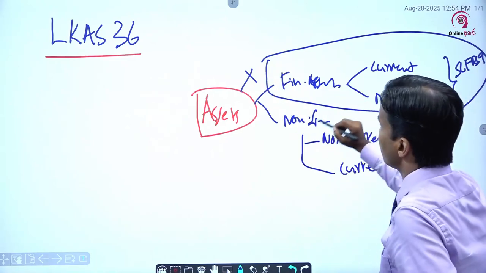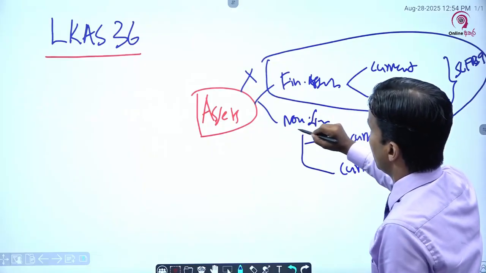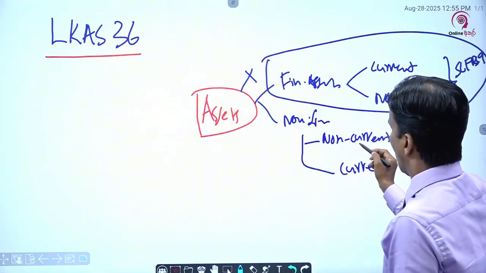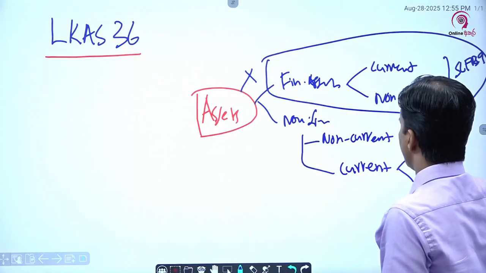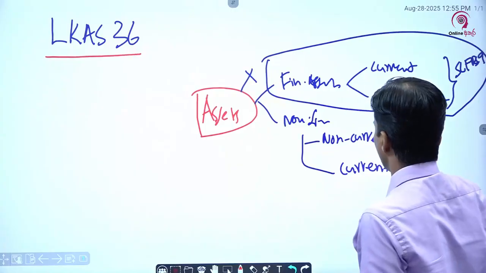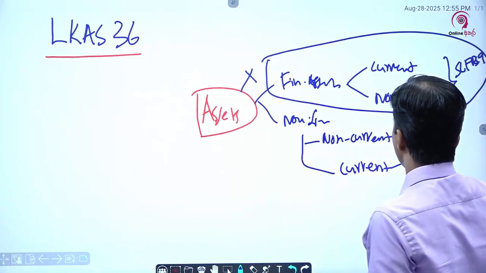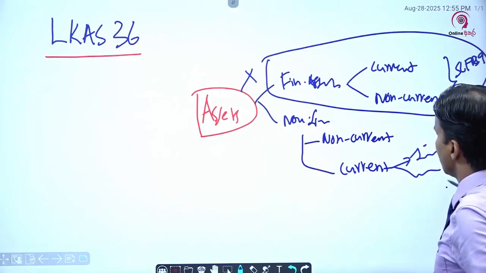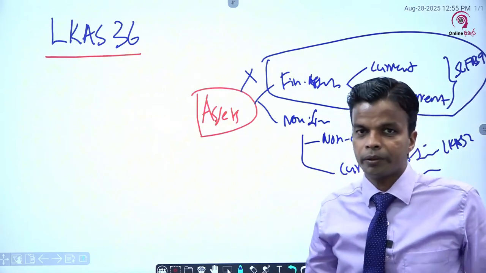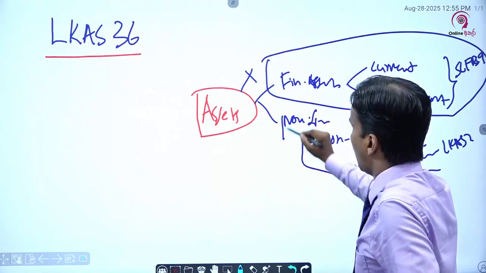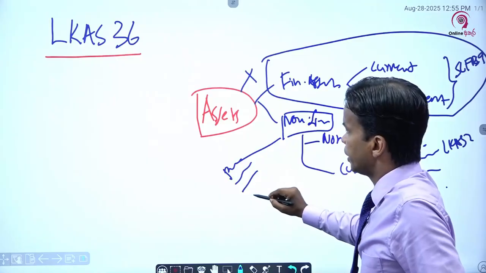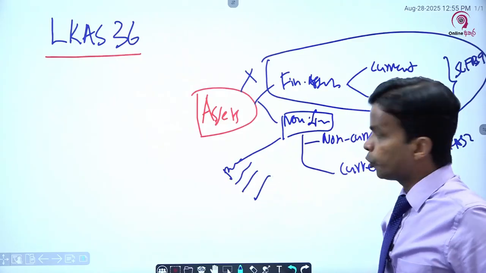Non-current, non-monetary assets. Current, let's say you have inventory, prepayments and whatnot. So mainly inventories and other assets. For inventories and other assets, you will have LKS 2 to discuss impairment, right? In non-current assets, you will have PP&E, intangibles, investment property, and let's say investments. So investment again,